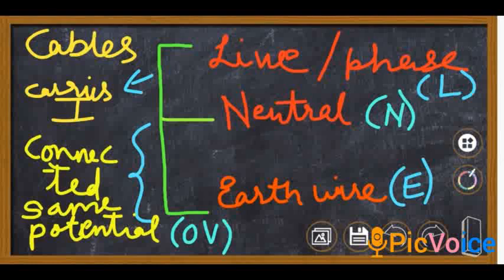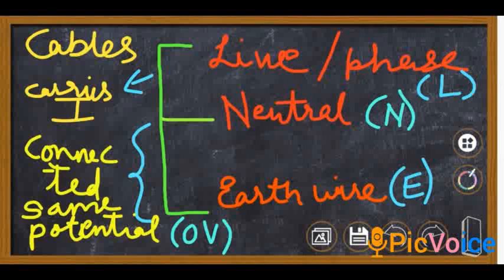Then we have neutral wire and earth wire. Both of these are connected at the same potential, that is 0 volts. Okay, and the neutral wire is used for bringing the electrons back. Always remember, electrons come to your house through the live wire. They don't stay at your house, they again go back. You pay the money for removing the electrons. You are not using the electrons. It just comes to your house through the live wire, roams and goes back via the neutral wire.